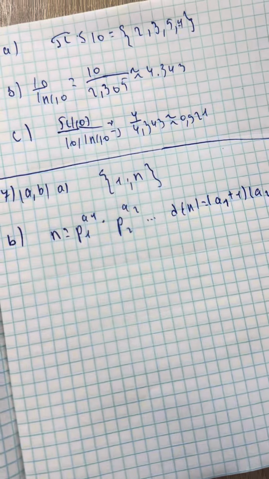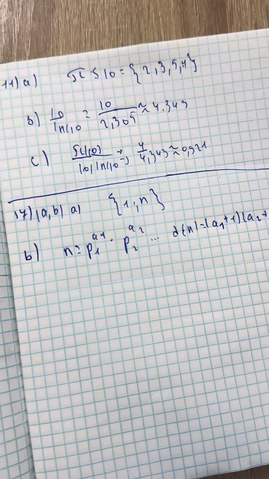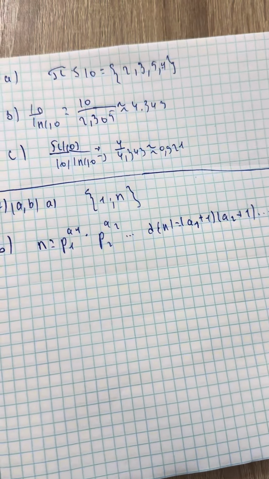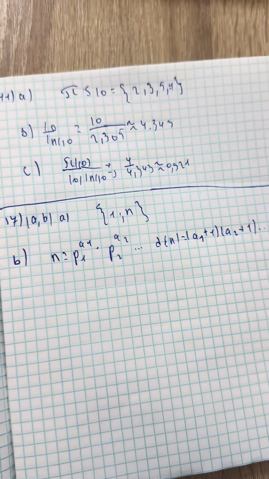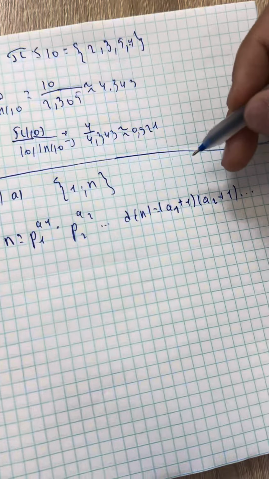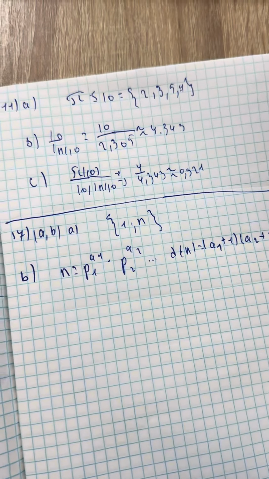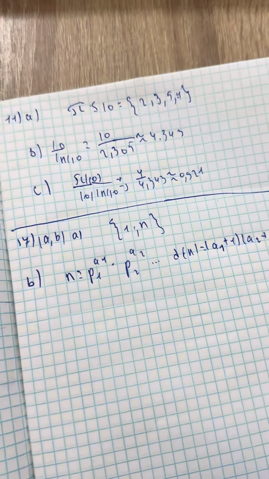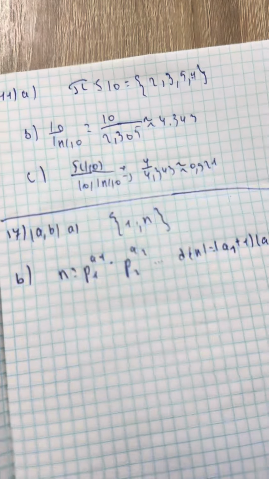There is a formula for the number of divisors based on prime factorization. Since 3 is a prime number itself, the only way to get 3 from this formula is if the exponent a equals 2, so n equals p squared,